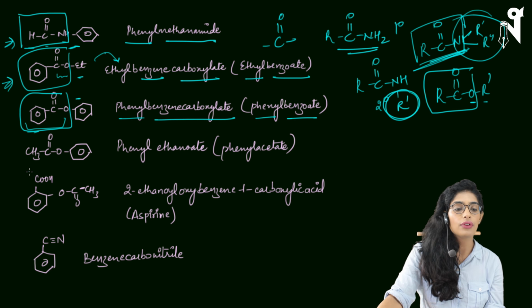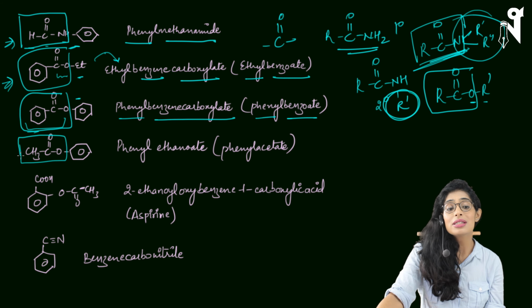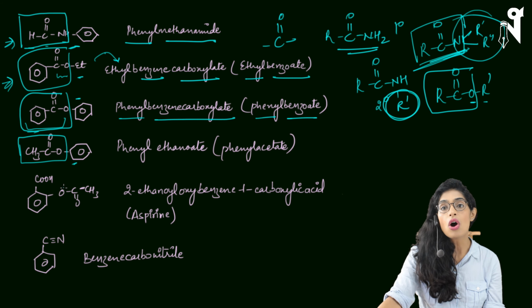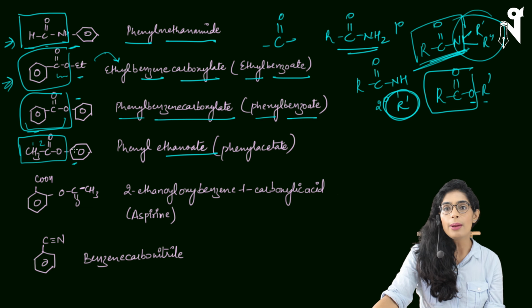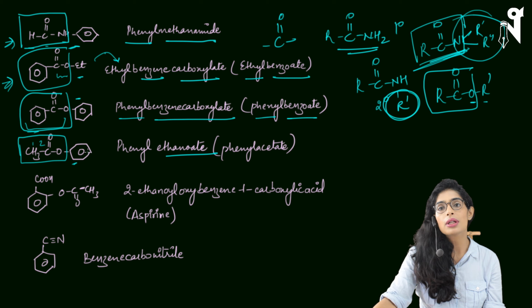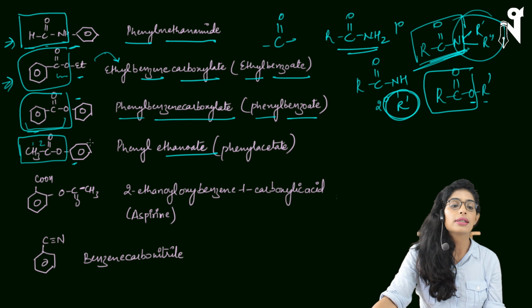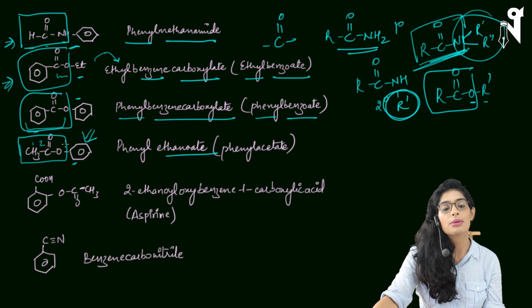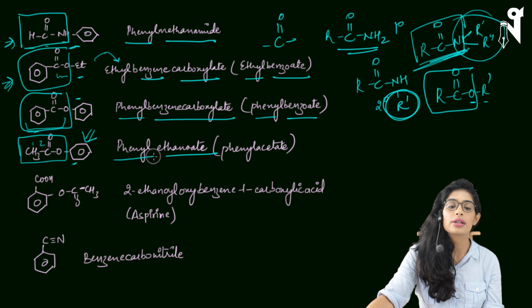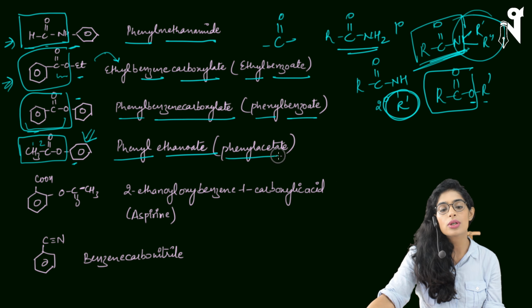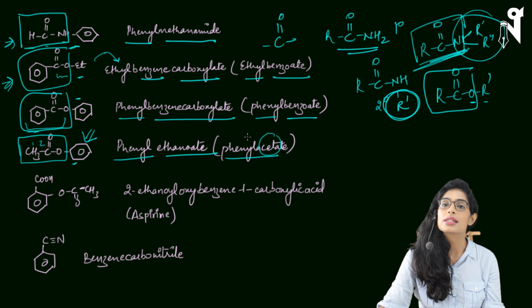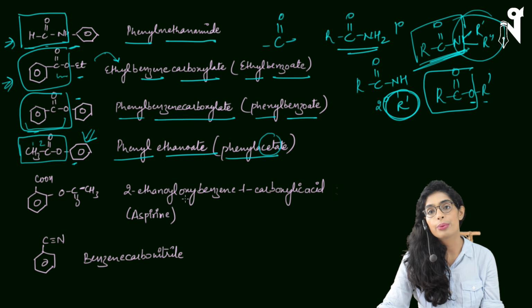Here, look at it very carefully. CH3COO is going to be my main chain, and benzene is going to be my branch because it is connected to oxygen, right? So I have two carbons here, and it is going to be ethanoate. No special name. Why? Because CO is connected to the normal carbon chain, not a cyclic carbon chain. And this benzene is connected on the oxygen. Hence, it is going to be a branch and it will be named phenyl ethanoate. Or you can also write it as phenyl acetate. I told you what is the use of acid. What does the acid mean? Acid means nothing else but CH3CO group.